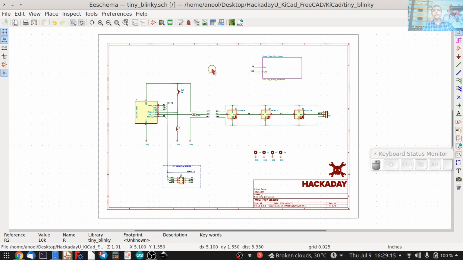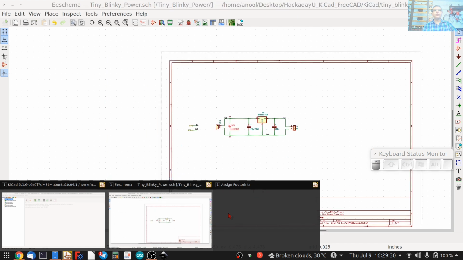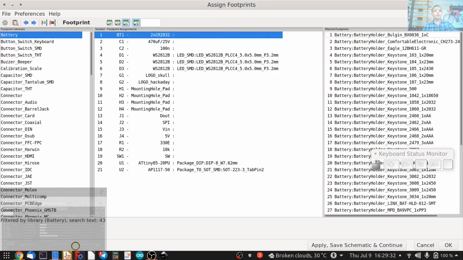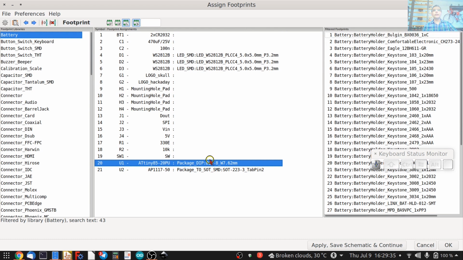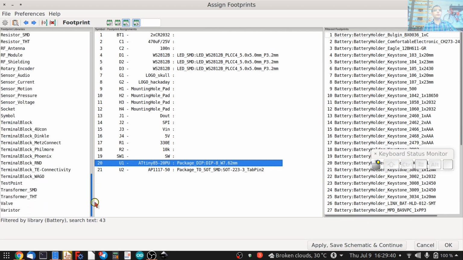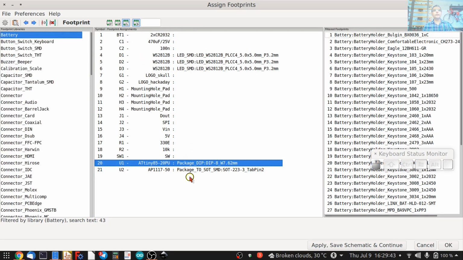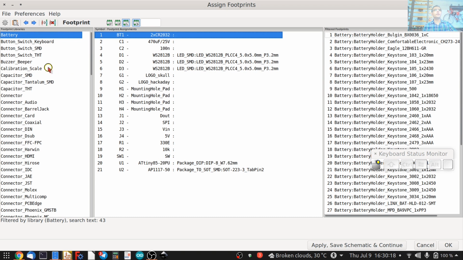The traditional way up until very recently was to use a program called CVPCB, which is accessed by this icon over here that says assign PCB footprints to schematic symbols. And it opens up in this new window. And there are three panes over here. On the left is a list of all of the footprint libraries installed on your system. In the middle is the components on your schematic. So we need to now assign footprints over here. And for example, the first one is battery. So you select the battery library.